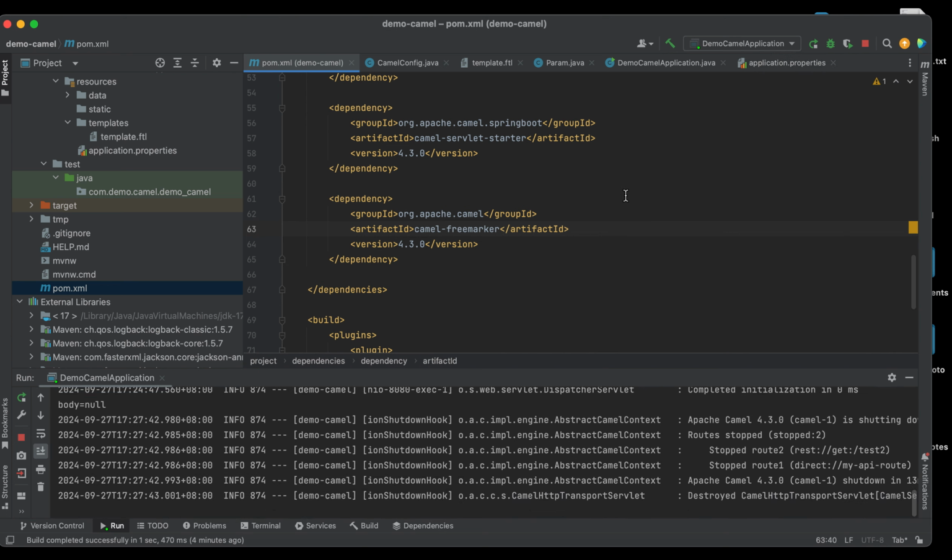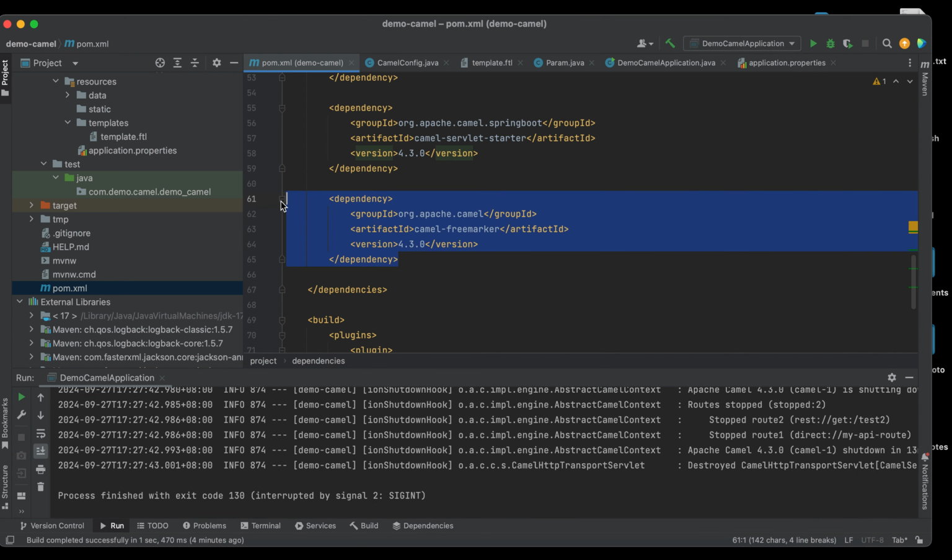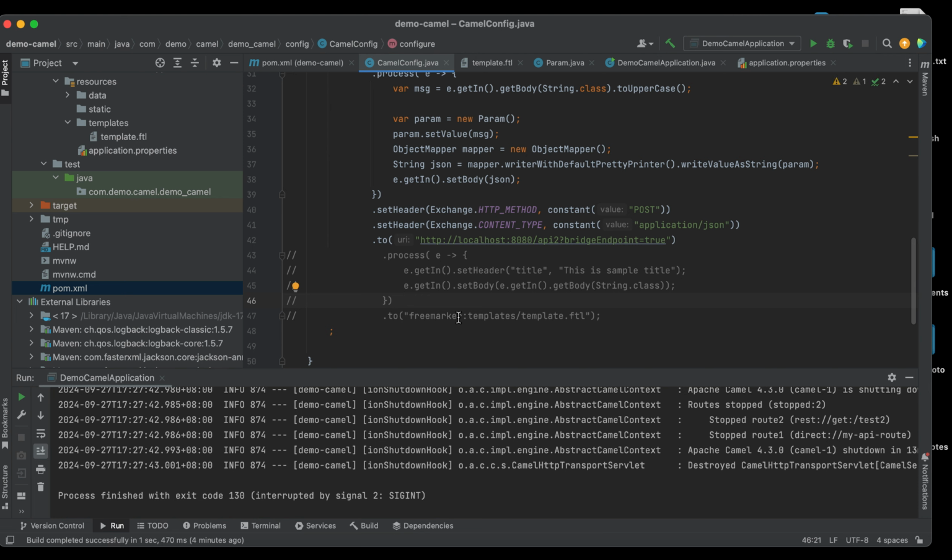So after adding the required Freemarker library, we can use this configuration, right? In this configuration, after calling this REST API, this is the result of the API, right?